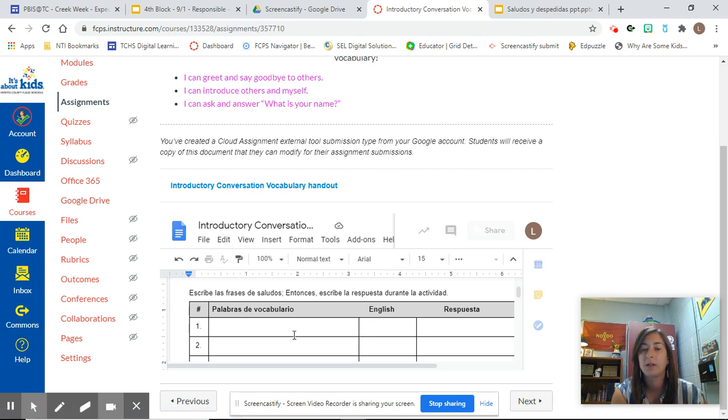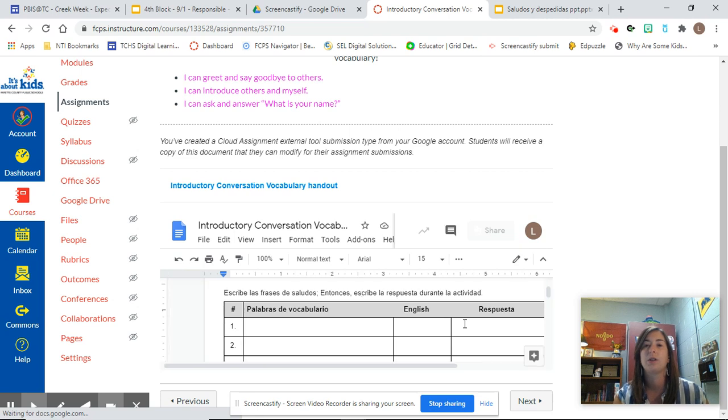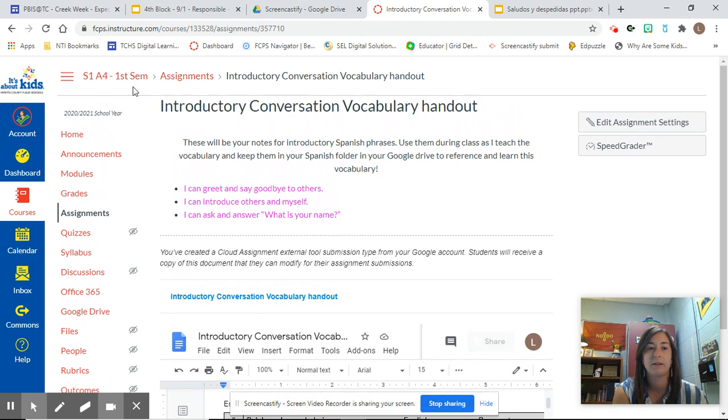So if there is a question, there will be a response that is normally your go-to response in a Spanish conversation for that question, okay? So you will be doing this Google Doc as I go through the vocabulary on the slides. The other assignments from this day